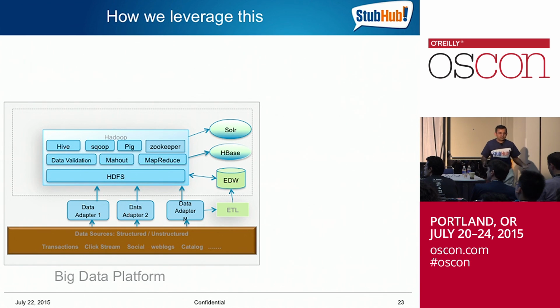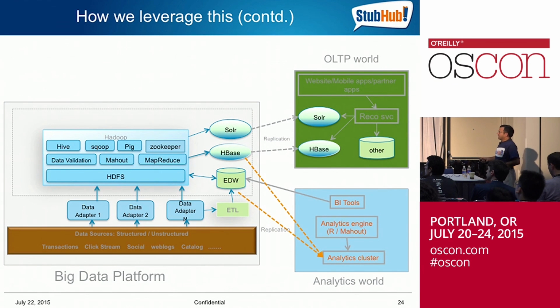So this is how we're ingesting data back in here. People are analyzing it and putting the results back where they need to. Now what? Okay, you analyzed it, you ingested it, people have written solutions. Now what happens? So that same information now goes to what I'm calling the OLTP world. This is our website or online marketplace, through native apps and through the website and whatnot. The results can be replicated back into Solr here. We have HBase here. These results are replicated here. Now here is where we have lots of services, microservices, all the business logic services and whatnot. As an example, in this case, recommendation.